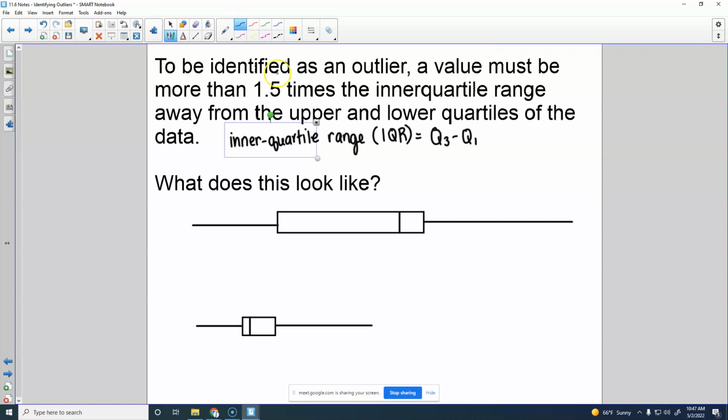Okay, we might also want to write down right here what just the range is. We had that on the very first notes. Range is just the maximum minus the minimum value. Now, there are a lot of times we would rather use interquartile range than just the range. So,